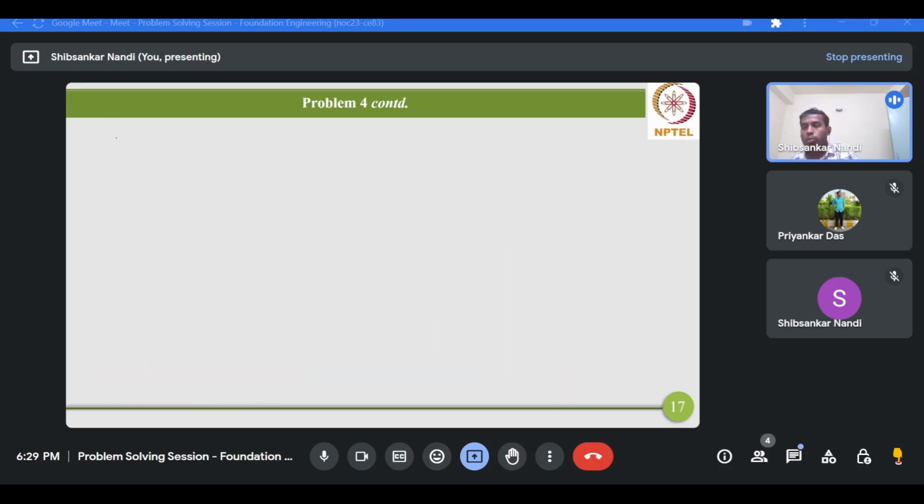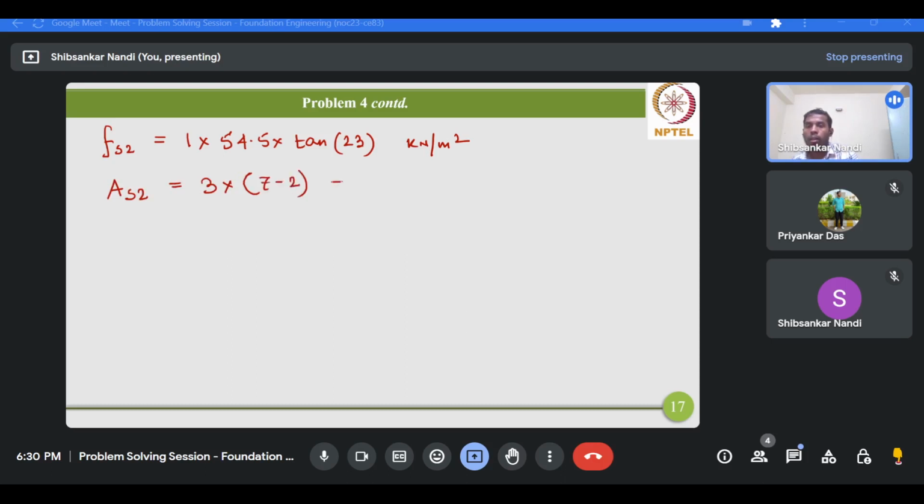Similarly for segment 2, the unit skin friction resistance will be 1 multiplied by 54.5 multiplied by 10.23 kilonewton per meter square, and AS2 will be 3 multiplied by 5, or 7 minus 2, the remaining length of the pile, which is 15 meter square per meter square. Therefore the total